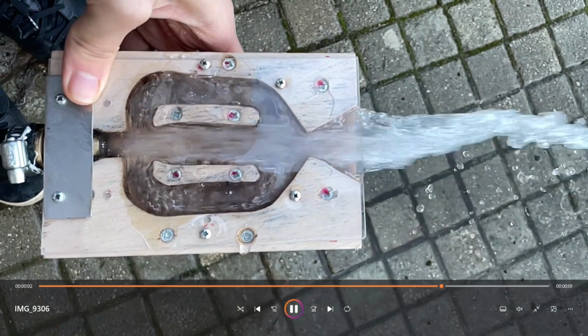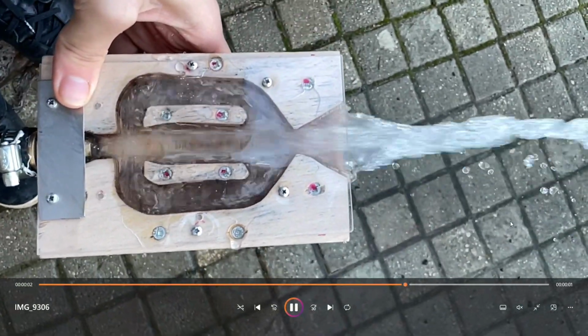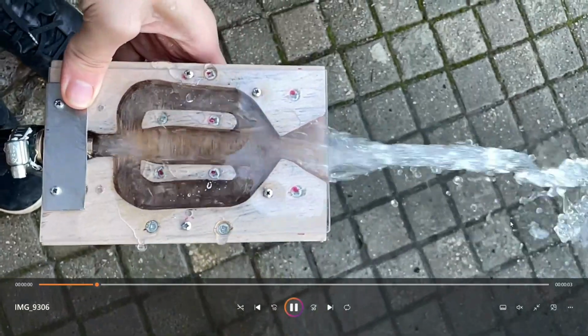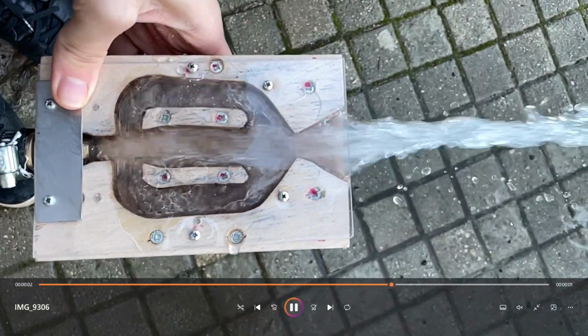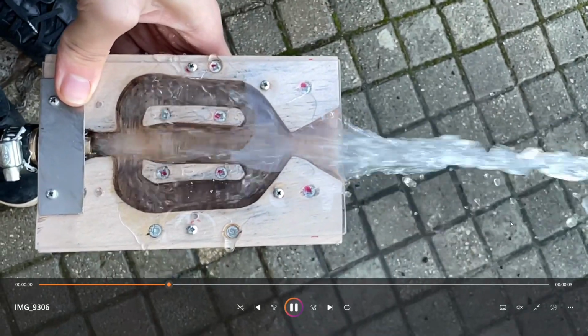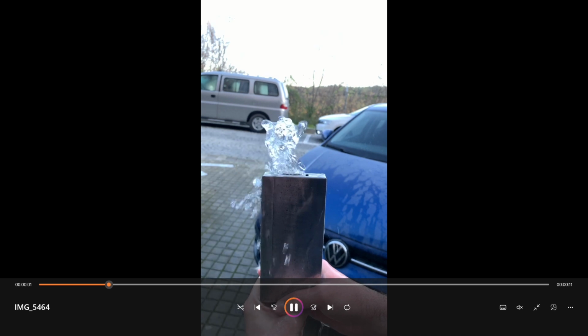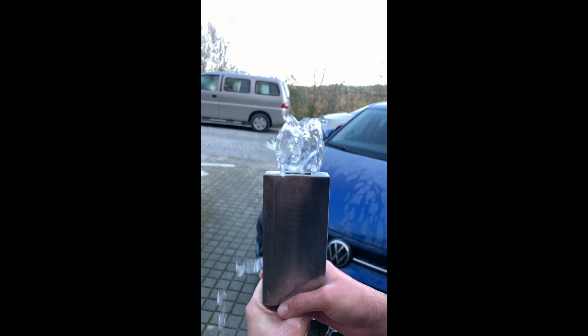This is the second design of the carpenter manufactured prototypes, and you can see the oscillations through the plexiglass, which is transparent so that you can observe the mixing chamber. This is the final prototype which we produced in the CNC, and you can see the oscillations clearly at higher